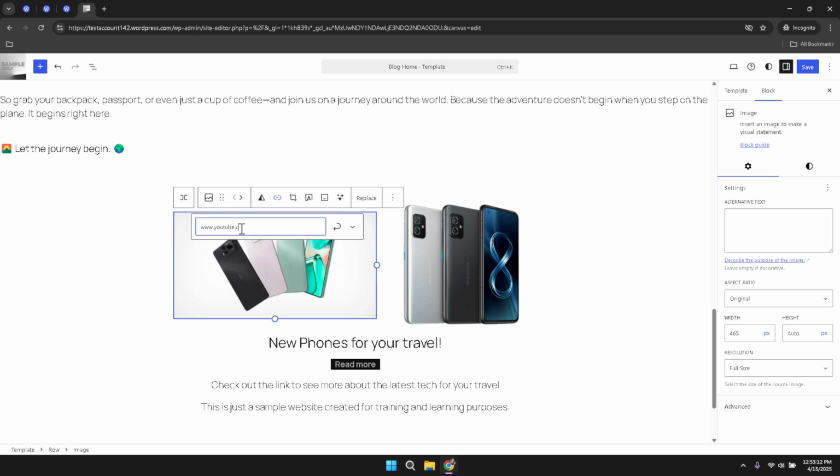At this point, the image becomes clickable, directing users to the specified destination whenever they engage with it. This functionality can enhance navigation for visitors, creating a more interactive and engaging user experience on your website. Following these steps ensures that you successfully link an image to a URL within WordPress, thereby improving your site's usability